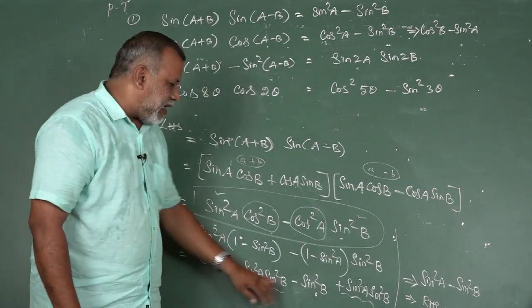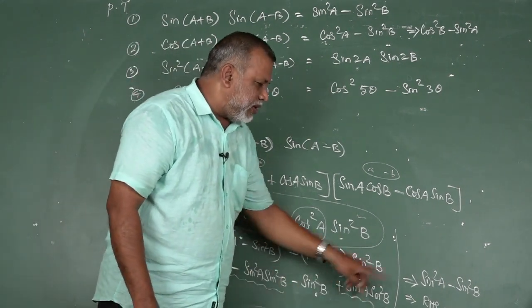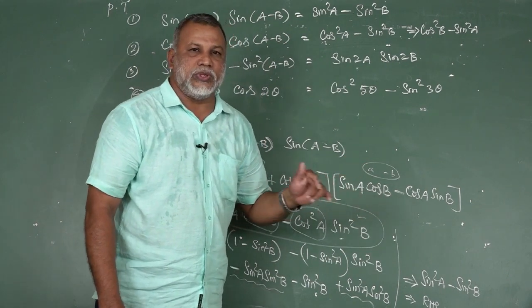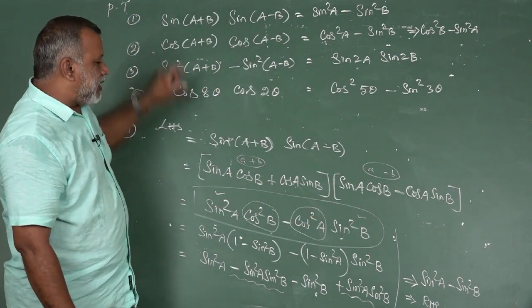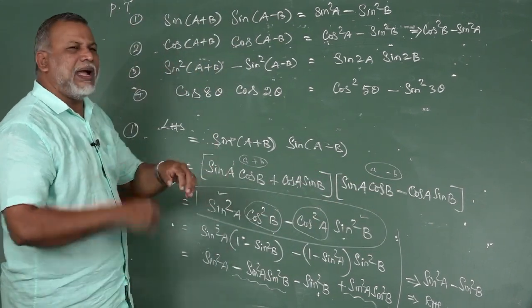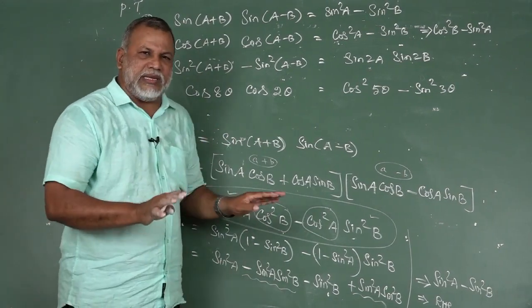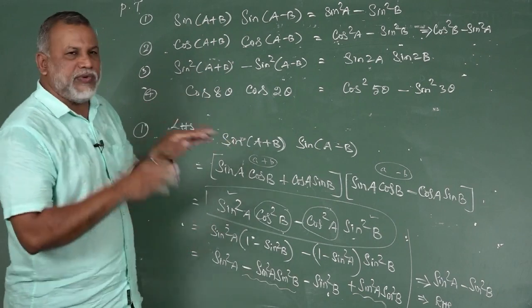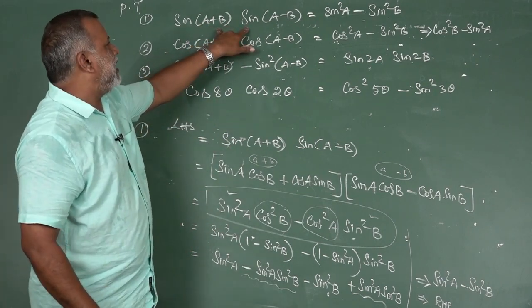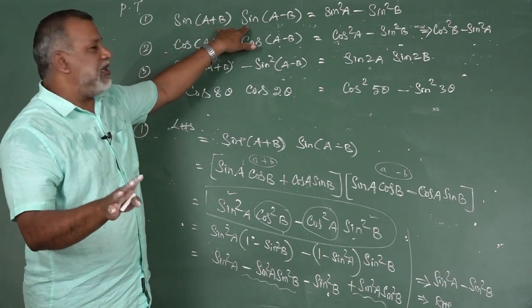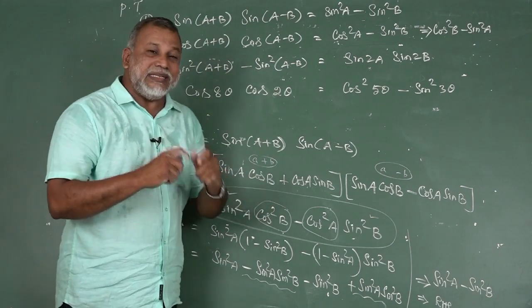Then this positive value and negative value will be removed. We can get the proof. So this is the question number 1 proof. Take down and verify yourself. Try yourself. No need to copy directly. So try. What knowledge are we using? We only need sin of A plus B, sin of A minus B. Take down, then try yourself.